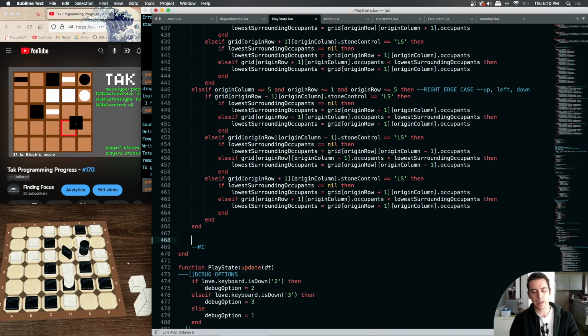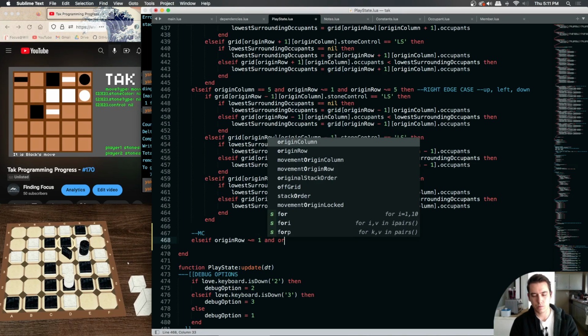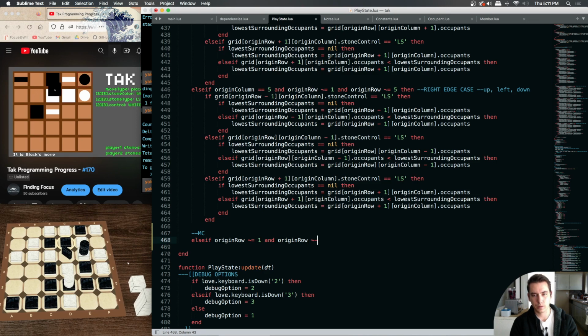Now we would know we're a middle case if our origin row, which is the parameter that we're passing in from our movement origin row, does not equal 1 and our origin row does not equal 5, meaning it's 2, 3, or 4,